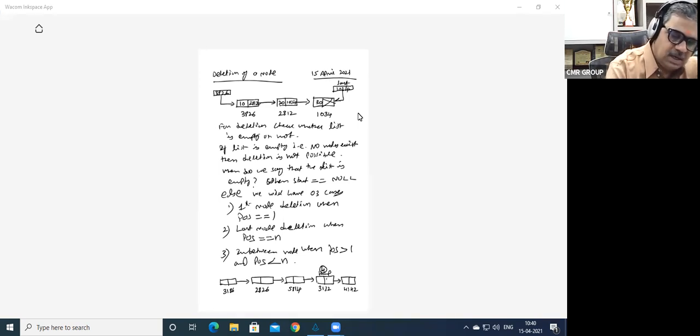The values are 4142, 3132, 5814, and 2826. Start is 3186, and the last node is null, and this is 4142.